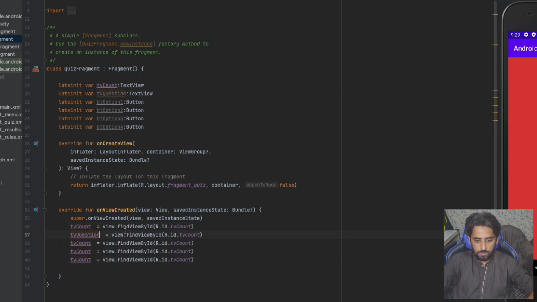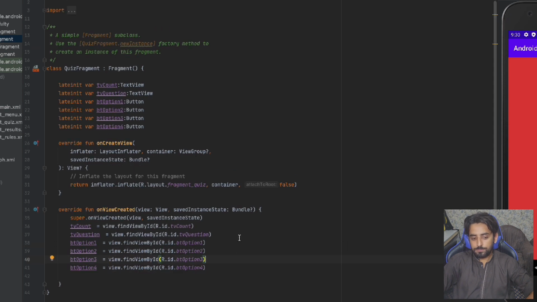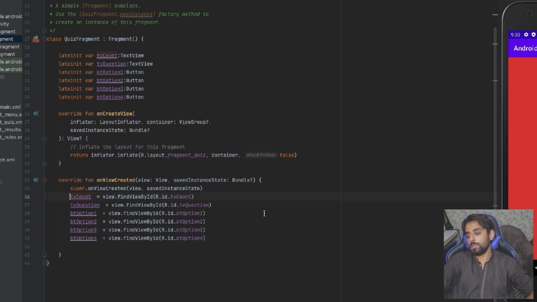I'll change it to TV question, then BT option 1, and then again BT option 2, BT option 3, and same is for BT option 4. Okay, so we have initialized the views, and once that is done, the next thing we want is that whenever